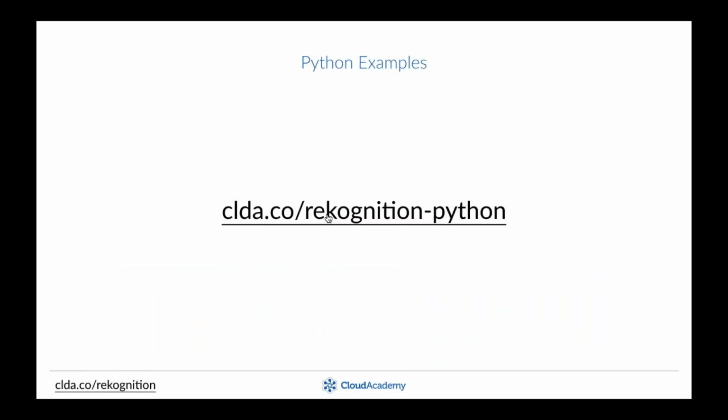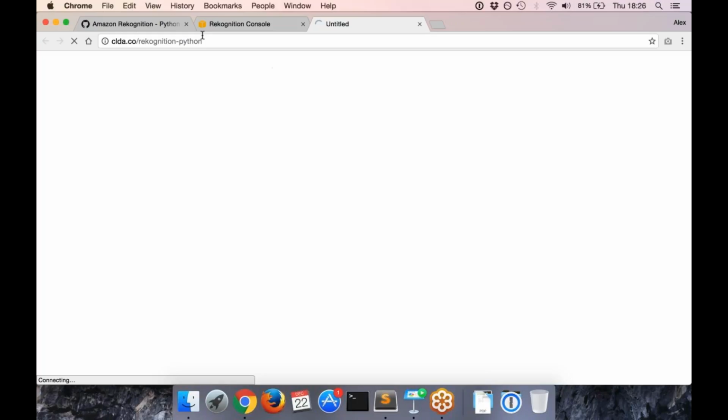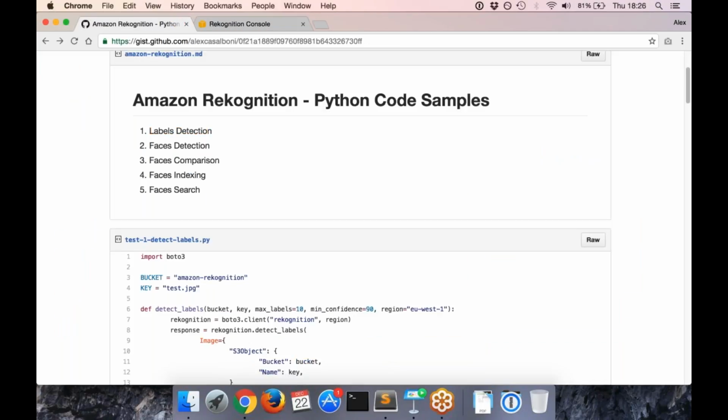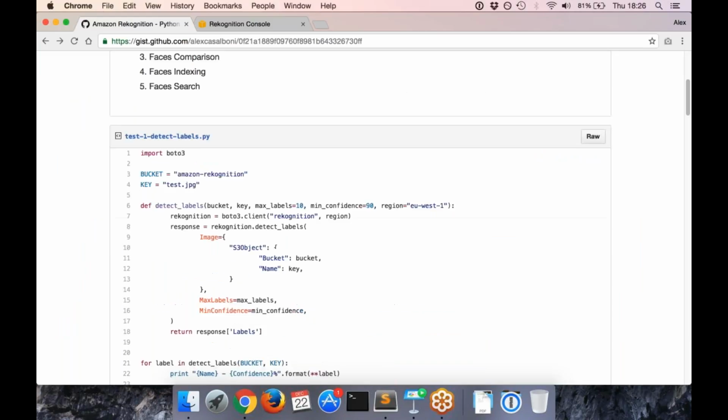So here, I would like to share with you a gist on GitHub. A quick bunch of code is right here. I created one file for each case: labels, faces, detection, comparison, and then indexing and search, which I will discuss briefly in a few seconds. With such snippets, everything is in Python, and you can easily use such functions to run your own